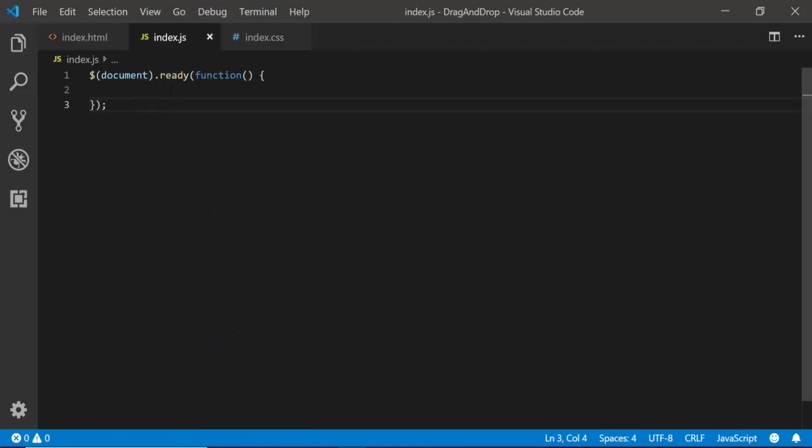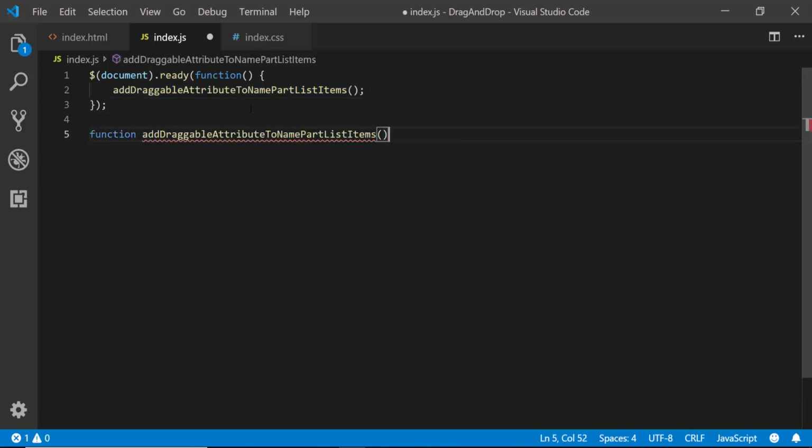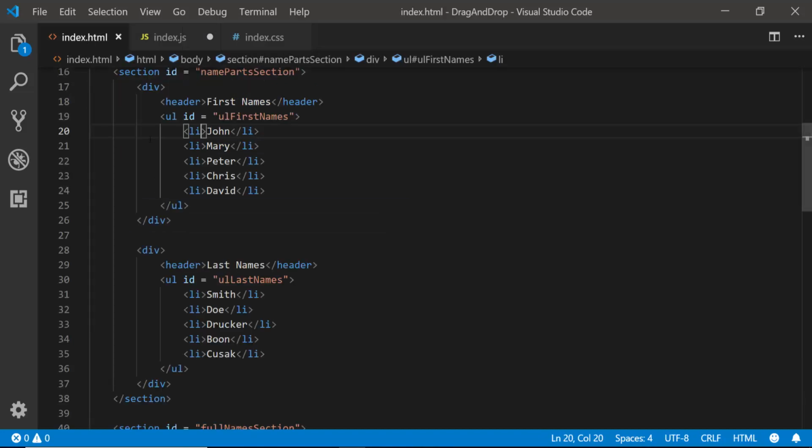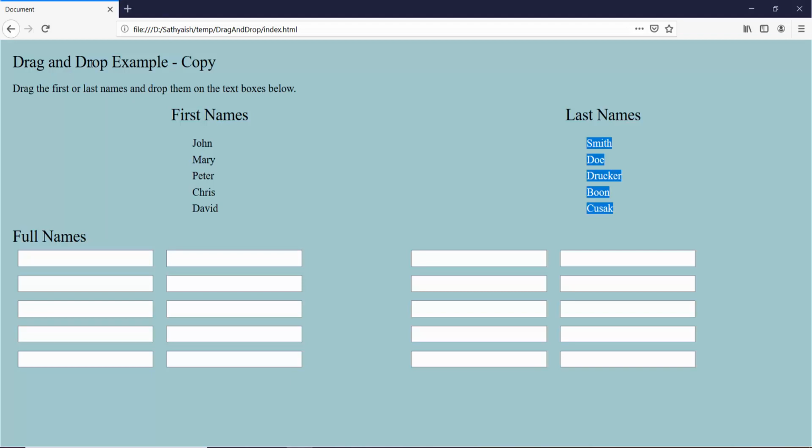The first thing I'll write is a function saying add draggable attribute to draggable items, to name part list items. Okay, this function, as its name suggests, will add that attribute to each element. If I just add that to one element and show you how it changes in visual appearance, let me just add that to one element, John. And now if I drag John,